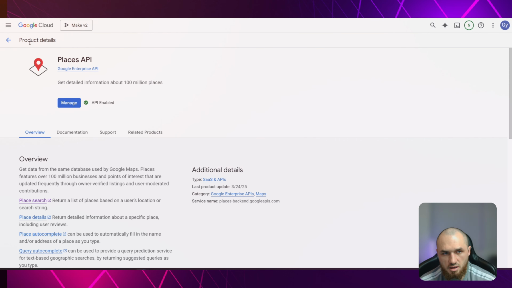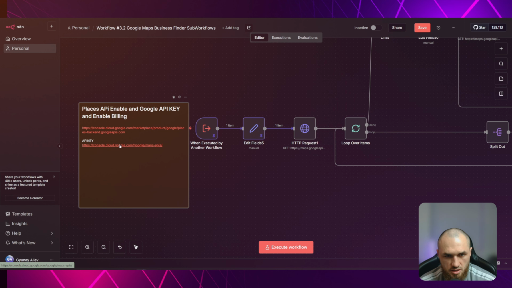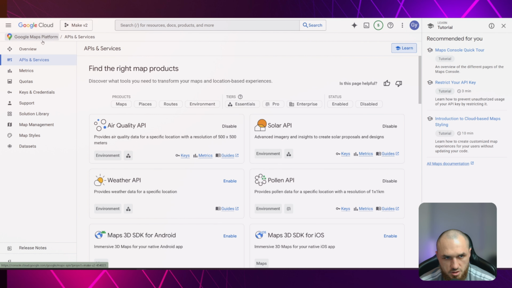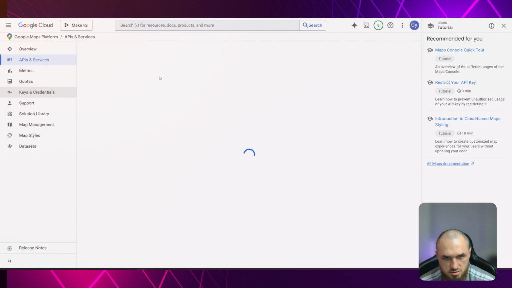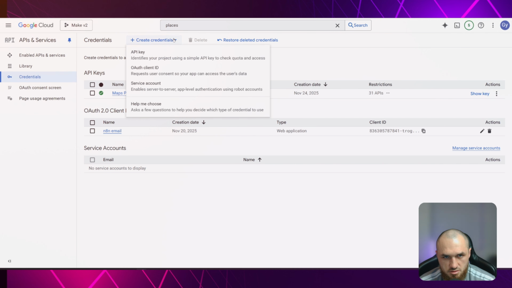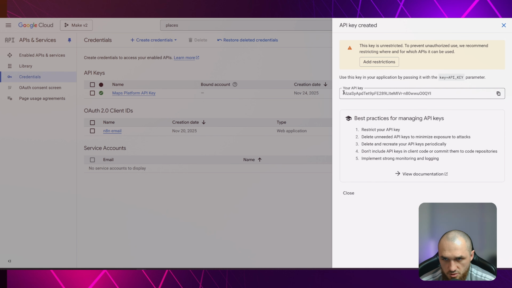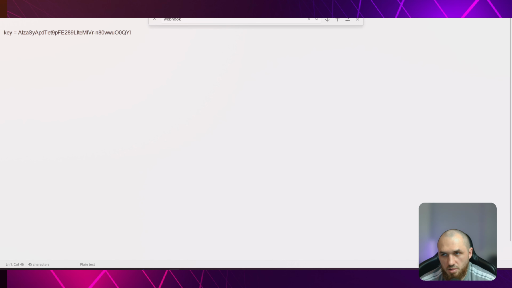just put your card details, and after that, you have to go here, and either from here, create an API key, or you can click this from the workflow when you download it. If you want, you can use it on Google Maps platform. Go to keys and credentials, and you can create a Google Maps credential, or where I showed you, just click create API key, and name it whatever you want. Application restrictions, just click none, do not restrict key, and create. Then this will be your API key that you're going to use. I'm going to use it now, and after that, I'm going to delete it, so no one can use it. You just have to copy it and paste it somewhere safe,